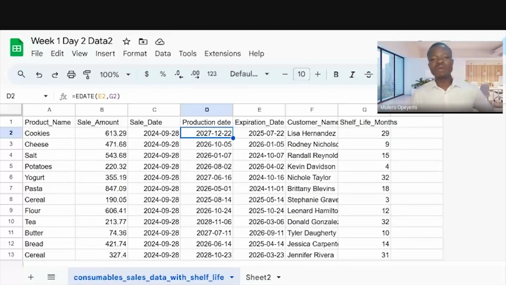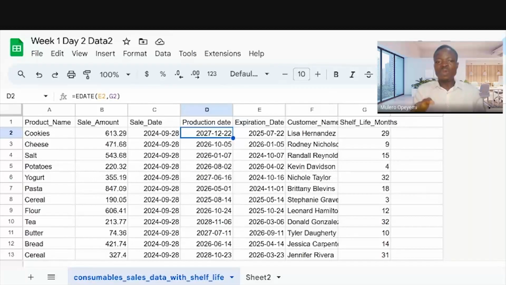Now the next thing I want to observe is that normally production date is earlier than expiration date, but the function we just used, EDATE, only has capacity to add. The natural way it is designed is to add a number of months to a particular date. So it does not really have capacity to subtract. However, there's a way we can manipulate our way around so that we get the kind of results we want in Excel or in Google Sheet, as the case may be.